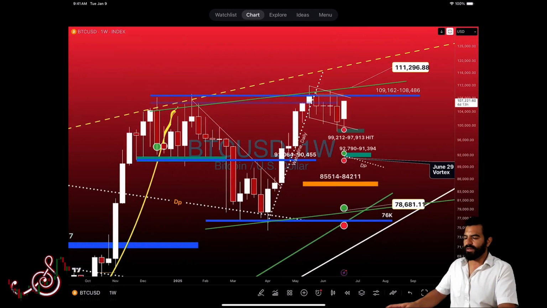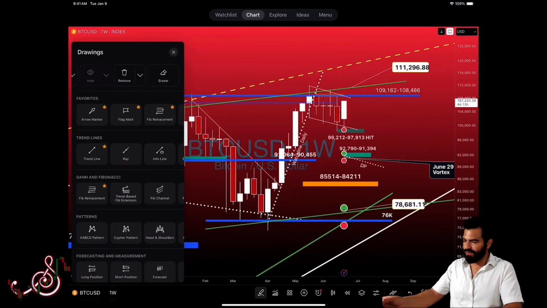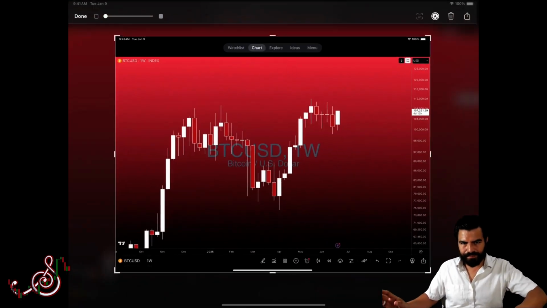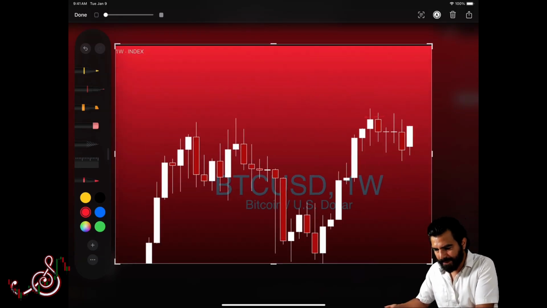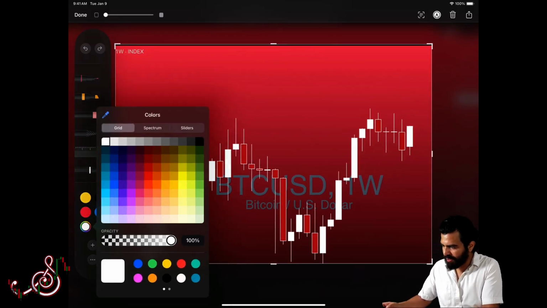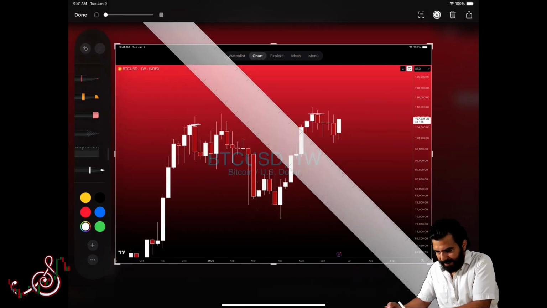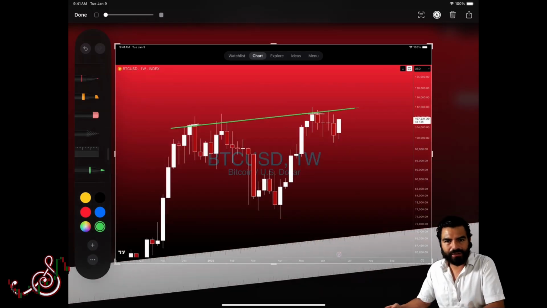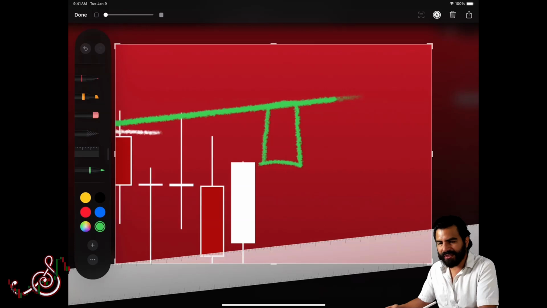Based on the upward angle. Now, I'm going to hide my lines real quick just to kind of give you guys a fresh view. If we're really honest about this angle, then you can see that these closes are higher. Sometimes you just need to turn off your lines and just get into it. Be honest about which angles you're looking at. This is the green one on my chart already. So we can really go up another percentage and maybe hit that